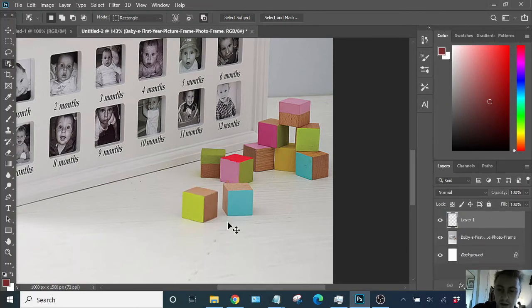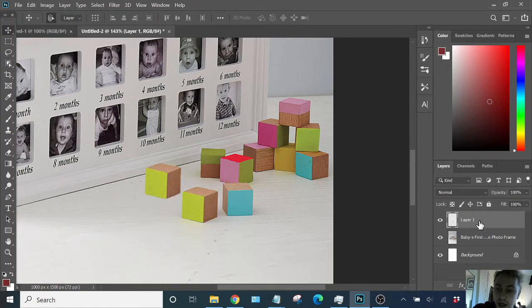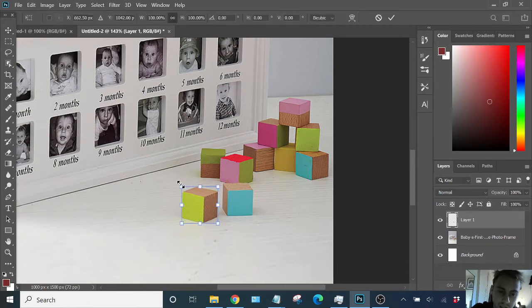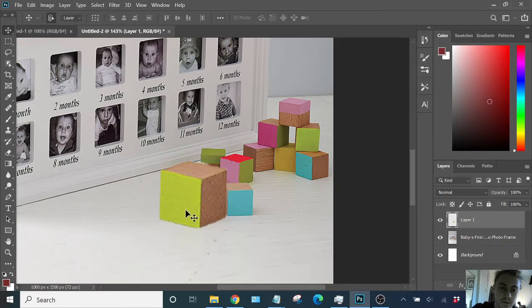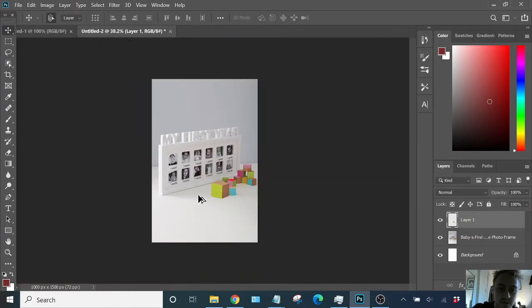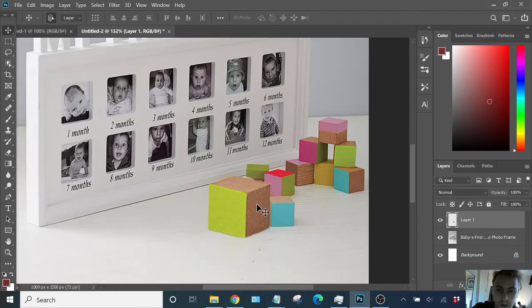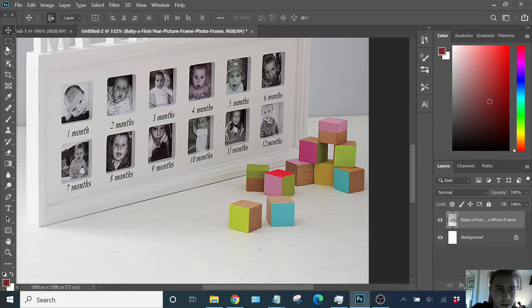Control C, copy it, paste it, and now look, we've got another layer. If I put that layer behind our image, it will disappear. So we want to bring that image layer up on top. Put that back where it was. If you want to make it bigger, Control T to transform it. Boom. That probably looks a bit stupid, but I'm just showing you an example. But just so you wanted to get rid of it, you delete that, and then